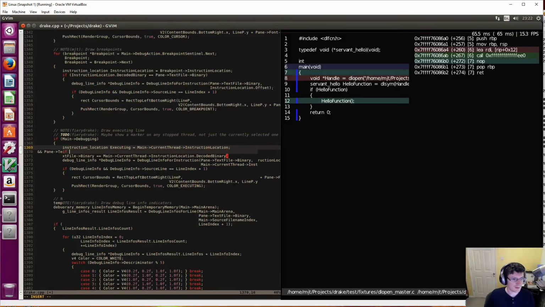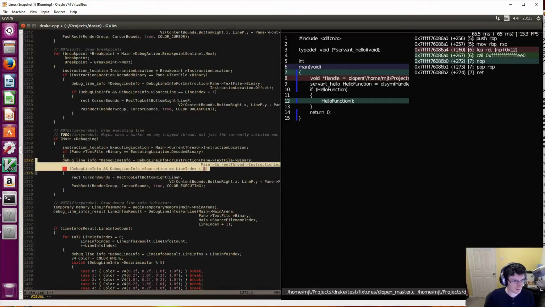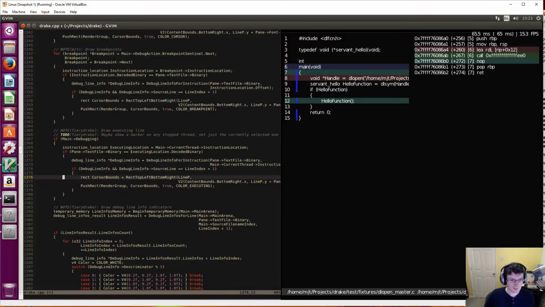Then we can say if this is true, if the binary we're looking at is equal to the executing location. Oh, no, that was right. So if we are looking at something that's in the current file, and do all this. I think what I can simplify is here we can say